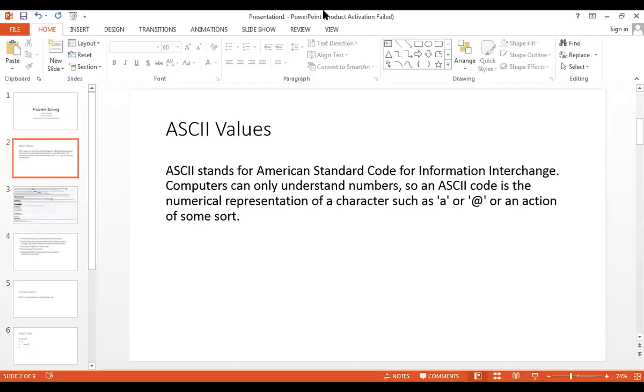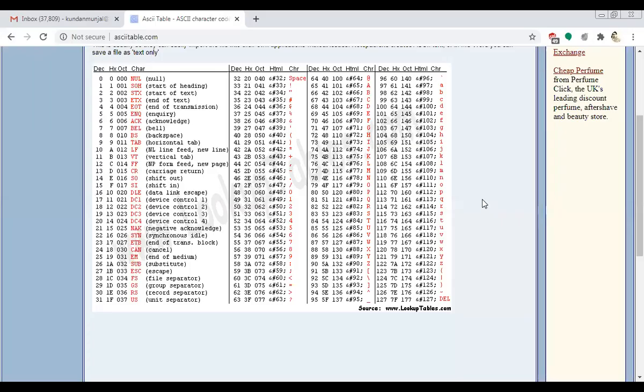So I can show you these ASCII values. This is the ASCII table.